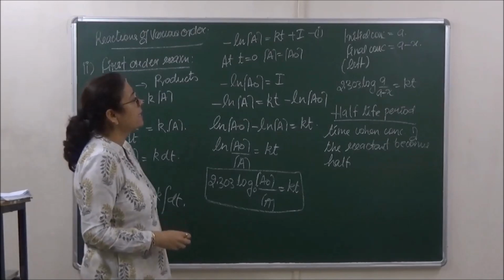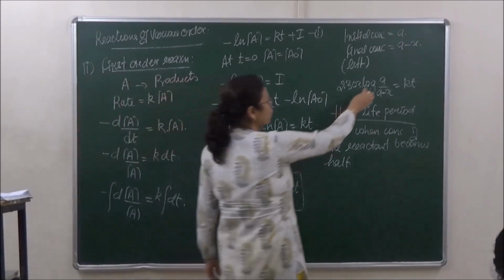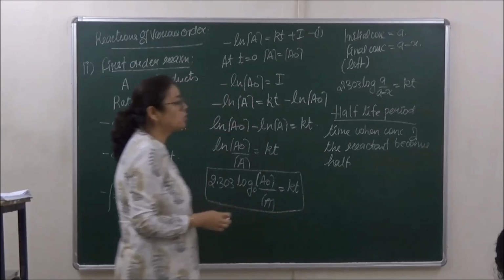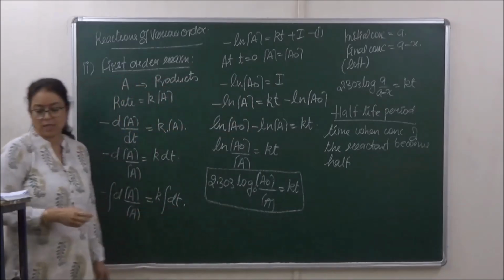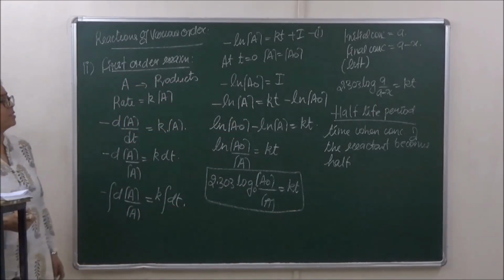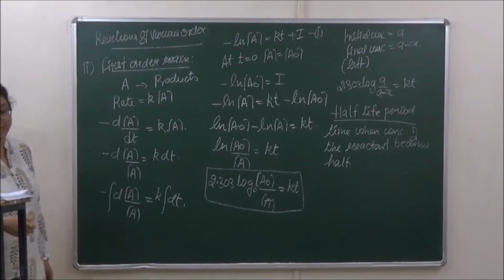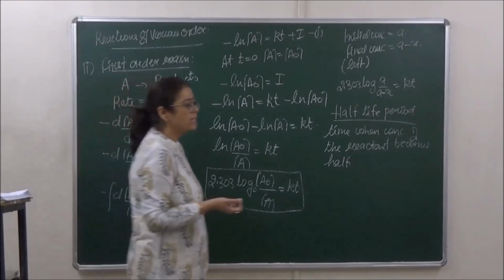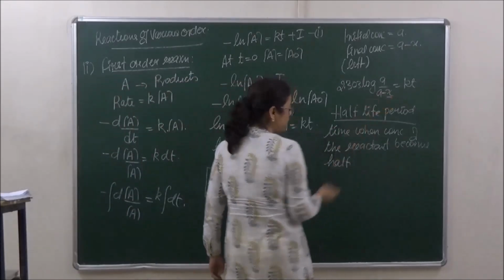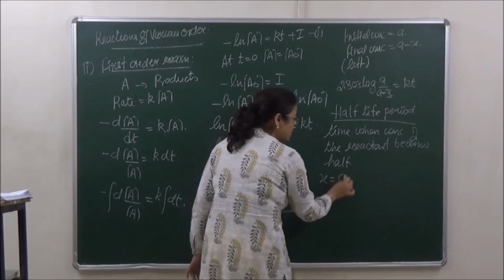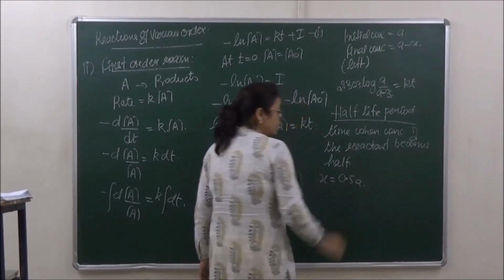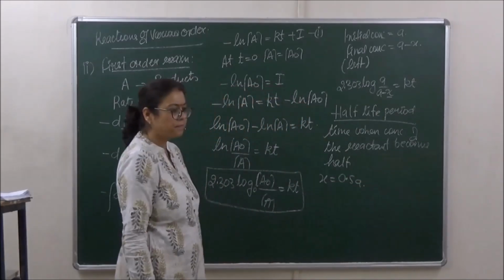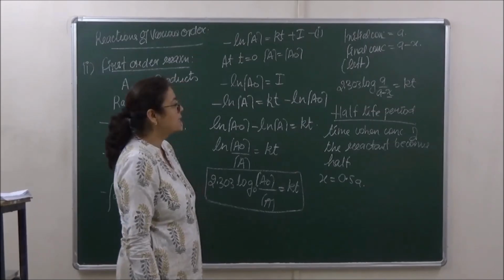Now let's say that over here the value of A is the initial concentration we are taking. ठीक है? So value of A हम लोग ले लेते हैं. Alright, let's take the value of X as 0.5 A. X is 50% of A dissociated. So if 50% dissociated, then X is equal to 50 upon 100 into A. है ना? That is going to be X.